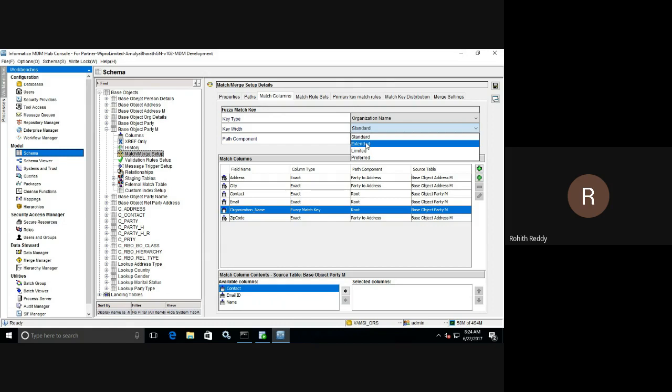If we have a higher number of duplicate data, we don't go for extended, because it generates a lot of tokens and may lead to overmatching. Overmatching means records that should not get matched, but MDM treats them as matched records. That's why there should be a trade-off between the selection of properties and our data. So before loading the data into the MDM, we'll make sure that there should not be any